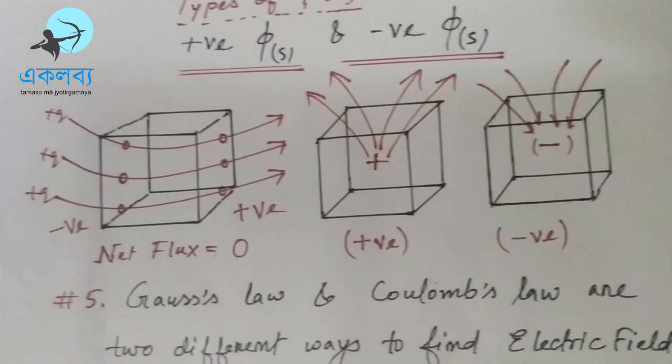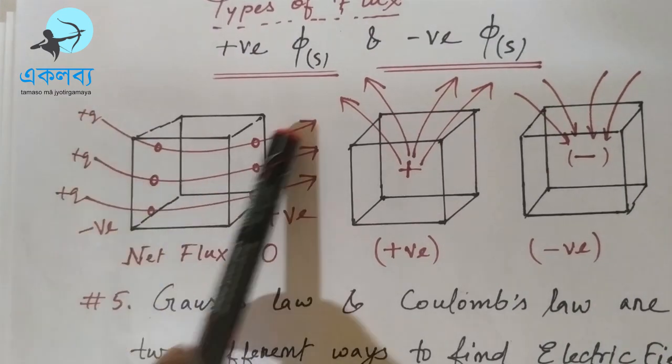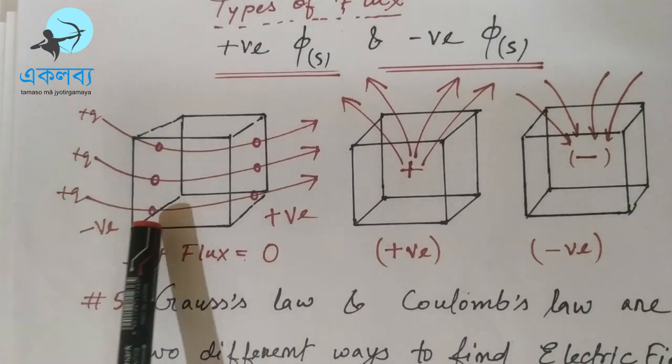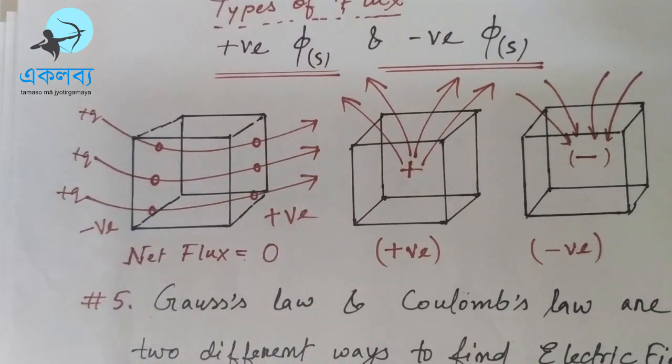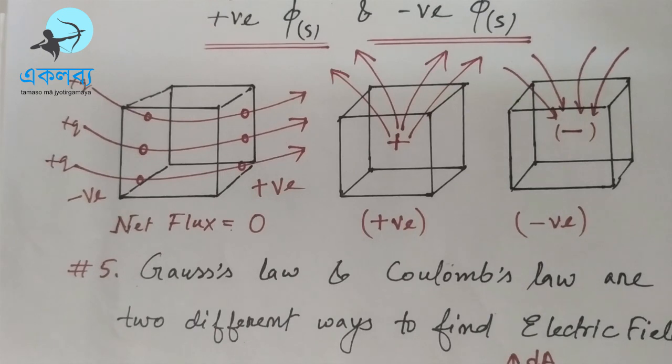What if we place the charge outside the closed surface? If we place the charge outside the closed surface, then you can see these lines are cutting the surface at two different points. When you place the charge outside a closed surface, the lines cut the surface at two points, because of which we get negative flux and positive flux. So in that case the net flux is equal to 0. This idea is very important to solve many questions on flux, or to solve questions on Gauss's law.